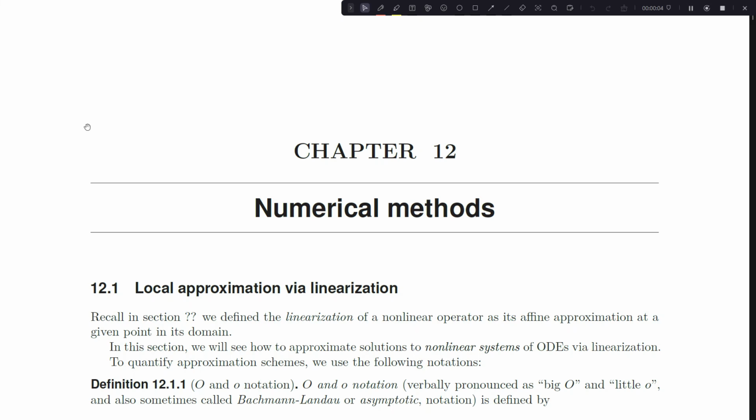Okay, welcome back everyone. We're moving on to chapter 12, which is titled Numerical Methods. This is going to be the chapter which basically encompasses the way that the real world, or at least industry, the industrial real world, approaches differential equations, because most, I should mention this, most differential equations